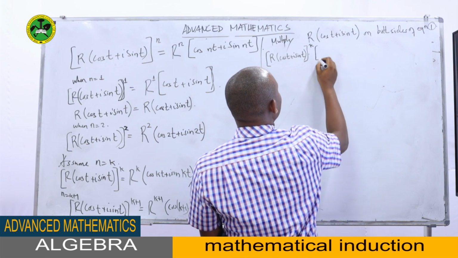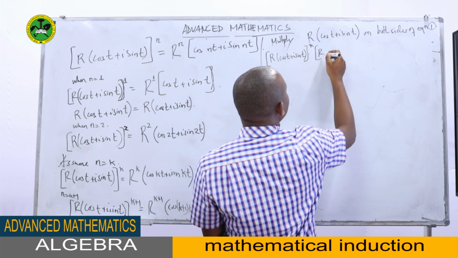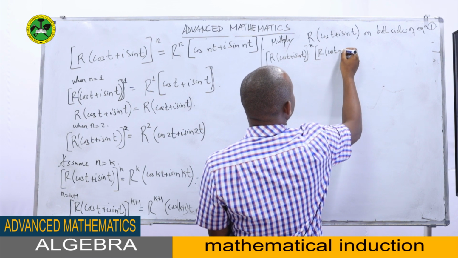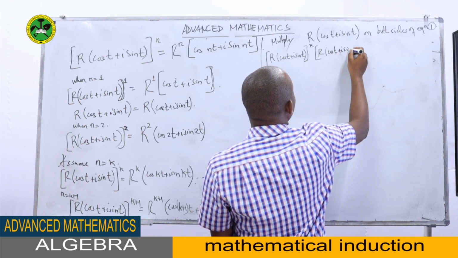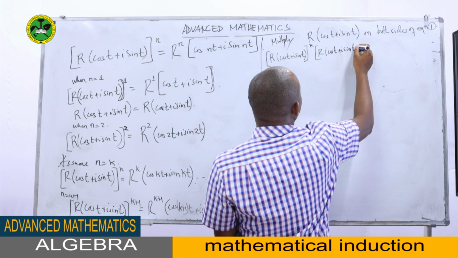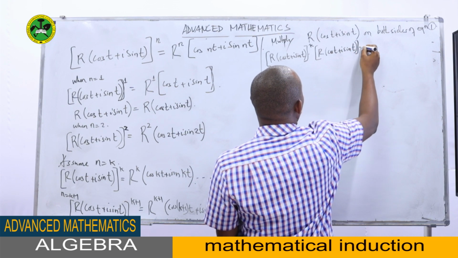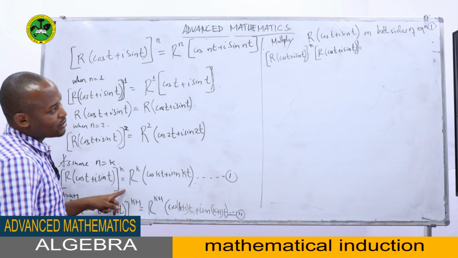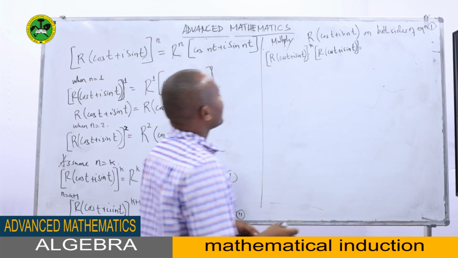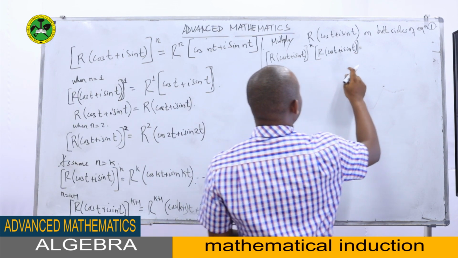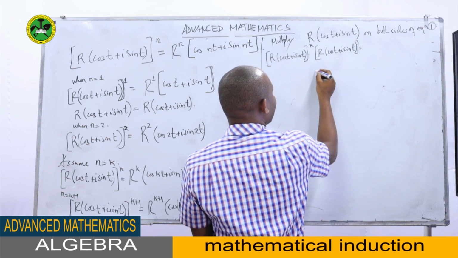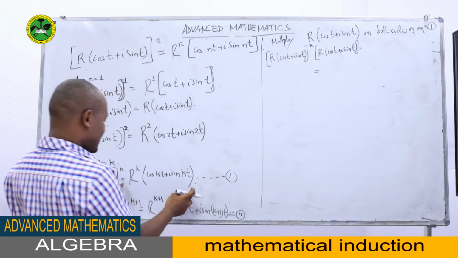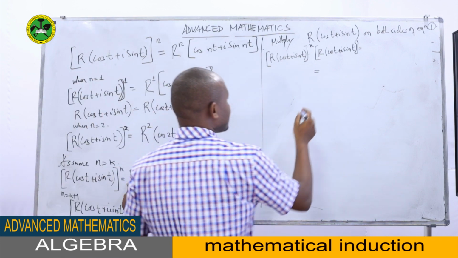We are going to have r (cos t + i sin t) on the left hand side, and on the right hand side what are we going to have? We are going to multiply also by that factor there. Let me write there for the space. Now this side is also multiplied by that. So we have r